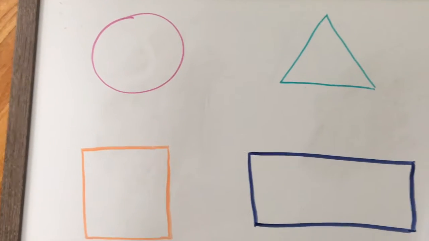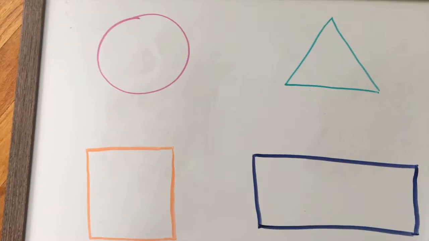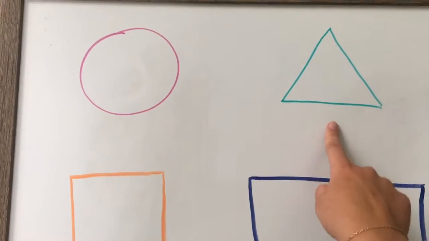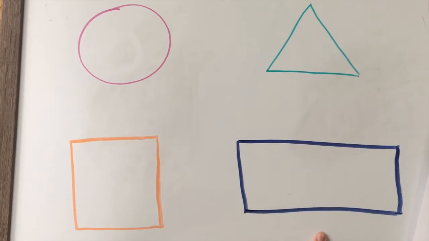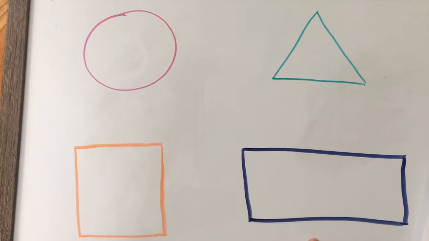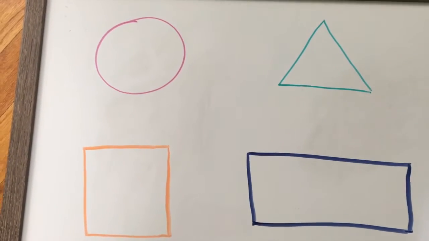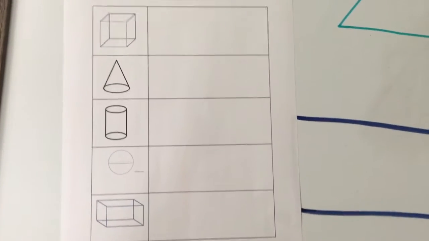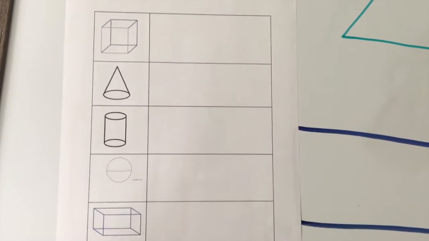So on my whiteboard I drew some two-dimensional shapes, and that means they're flat. A circle, a triangle, a square, and a rectangle. All of these shapes are flat drawings on the whiteboard, just like you could draw on a piece of paper at home. Now on this piece of paper, I have some three-dimensional shapes, and for short we call them 3D